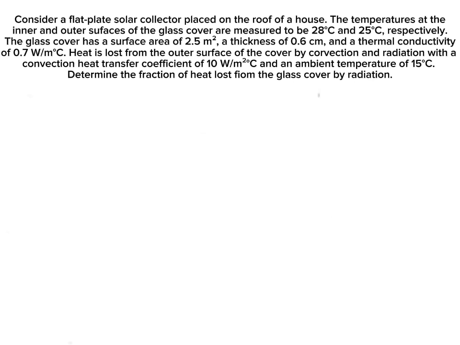In this video, we are going to solve one simple problem from Chapter 11, Combination of Conduction and Convection, of Thermodynamics. Consider a flat plate solar collector placed on the roof of a house. The temperatures at the inner and outer surfaces of a glass cover are measured to be 28 degrees Celsius and 25 degrees Celsius, respectively. The glass cover has a surface area of 2.2 meters squared and a thickness of 0.6